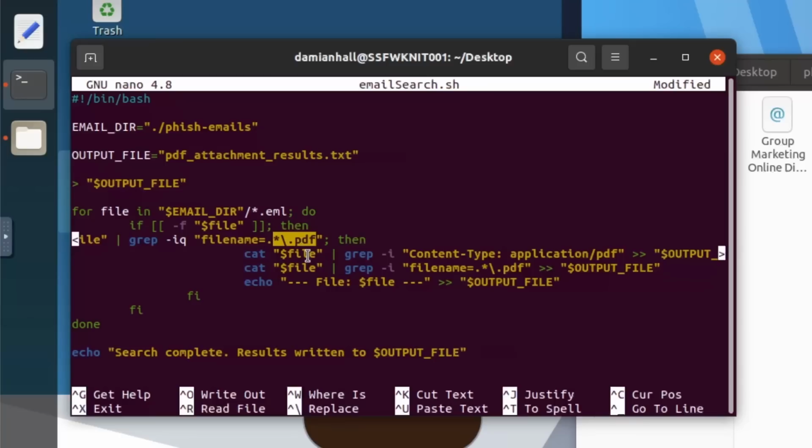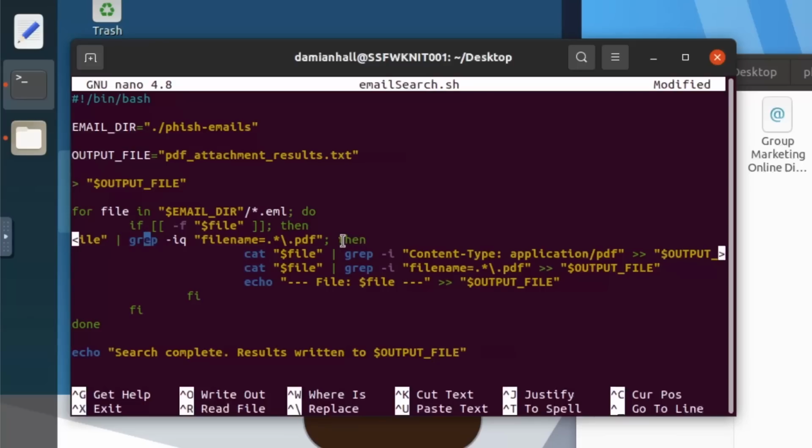So we're first looking for an actual attachment, and then if there is an attachment, we're also going to grep through the attachment to see if there's a .pdf extension, because I've looked at the emails themselves, and there's a bunch of .html files in there. It's kind of slow going, but when we look at it, we say, okay, if those two conditions are met, if there is actually an attachment, and the attachment has a file name attribute that ends with PDF,